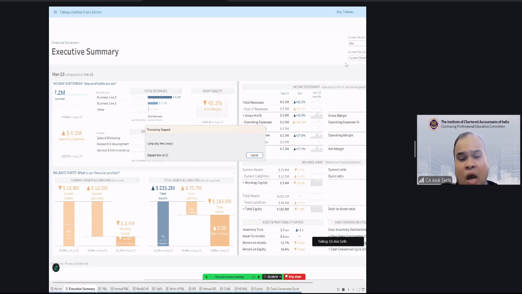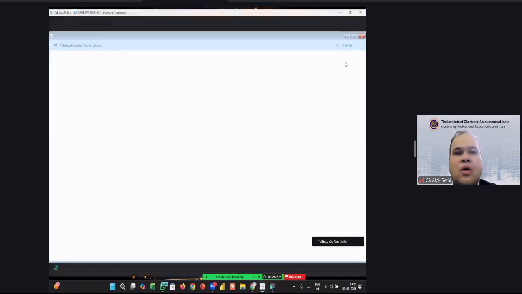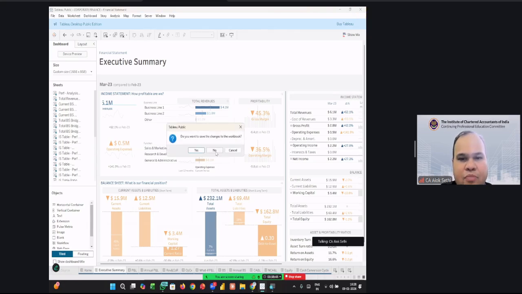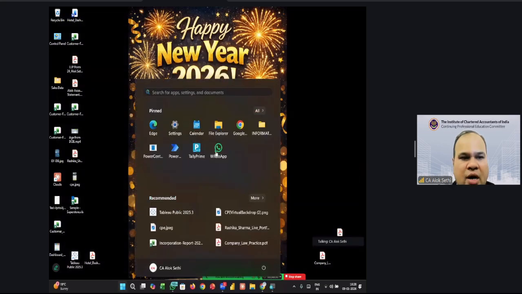Now, how do we start learning this, or how do we start using this tool? Okay, so now I will walk you through the steps. We will use dummy data, and I will show you how we can build a dashboard. First, let me show you the database, and then I will give you some idea about how to build the dashboard. So I'll close this workbook, and let me open a sample